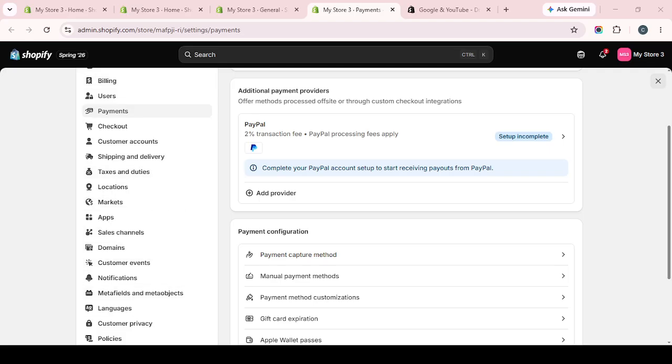Also remember that payout timing can still be influenced by bank processing times and your store's payment